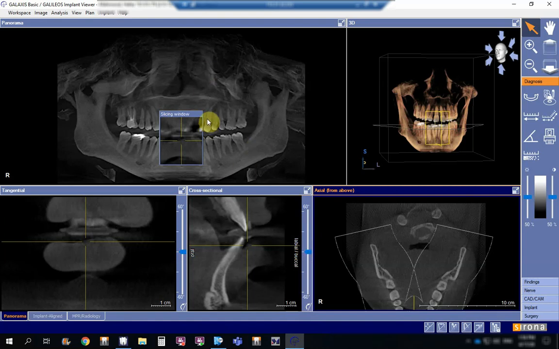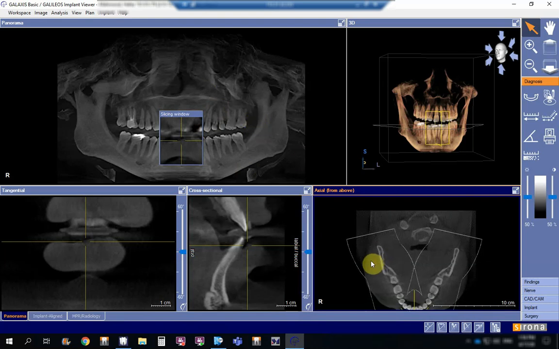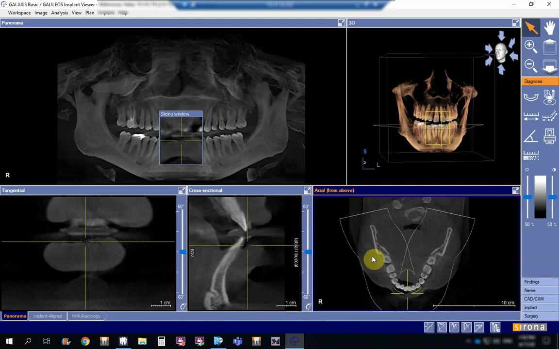We've opened the same X-ray we've seen in the last video, and as usual it will open in the exact center. And I would prefer, if you don't have any previous idea about your patient,